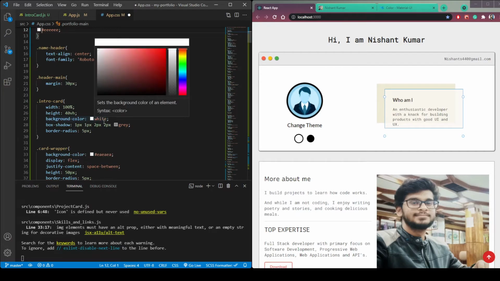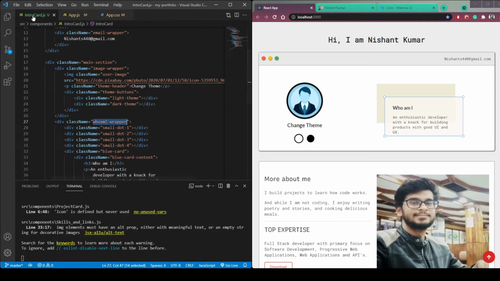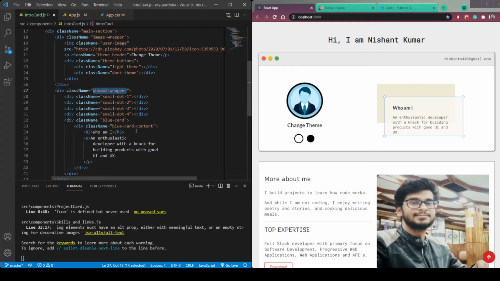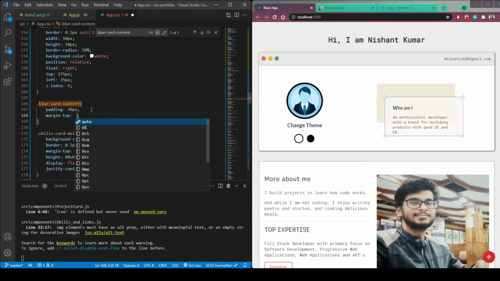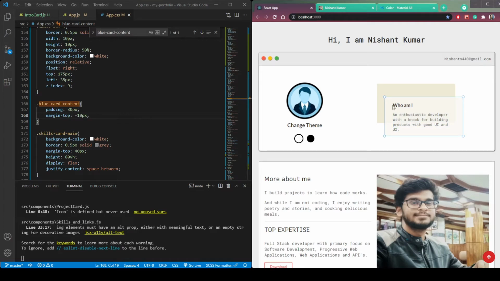It still doesn't work. So we need to check this blue card content. So copy this class name and let's search for it. So padding is 30. Let's add margin top of a negative space. Let's try 20px, or 20 is too much. Let's try 10. Now you see this card content is aligned properly from top and bottom.